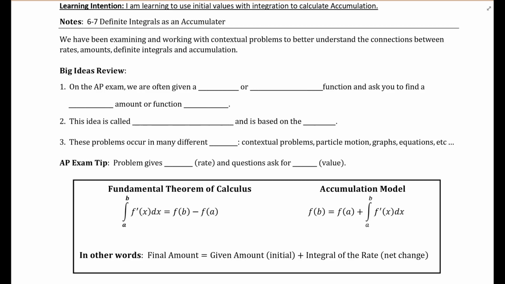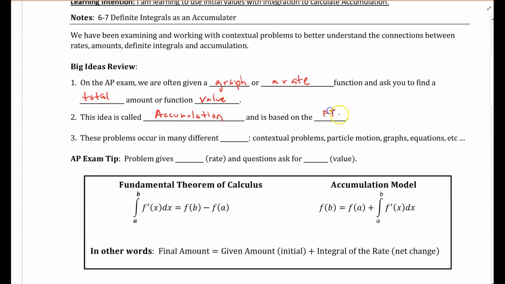So just a couple of big ideas. On the AP exam, we're often given a graph or a rate function, and you're asked to find a total amount or a function value. Now, one thing that we're going to start utilizing is this idea called accumulation, and it is based on the fundamental theorem of calculus, what we have been talking about the past